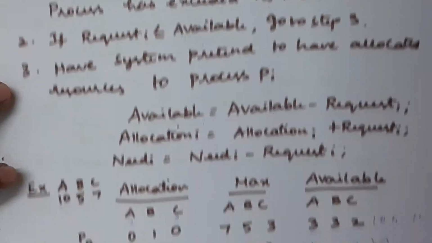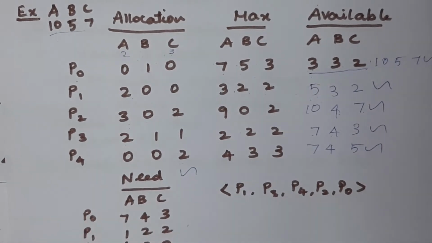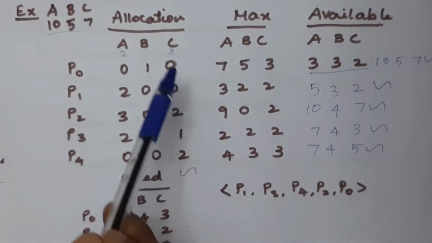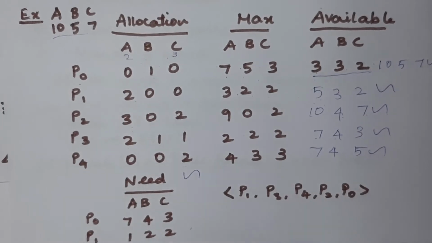Okay. So we are taking the same example here. We are checking whether it proceeds with the same values. We are actually following the same sequence, that is P1, P3, P4, P2, P0. As per this request, with the resources we allocated initially, it is not going to the unsafe state, it remains in the safe state itself, so we can avoid the deadlock easily, right?